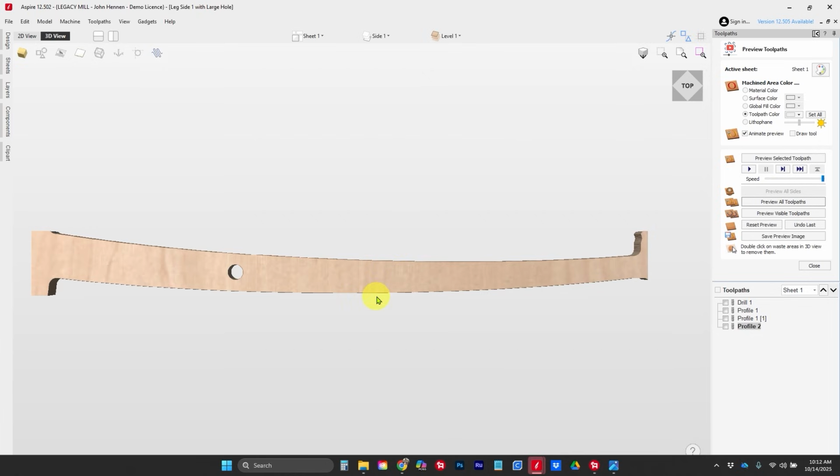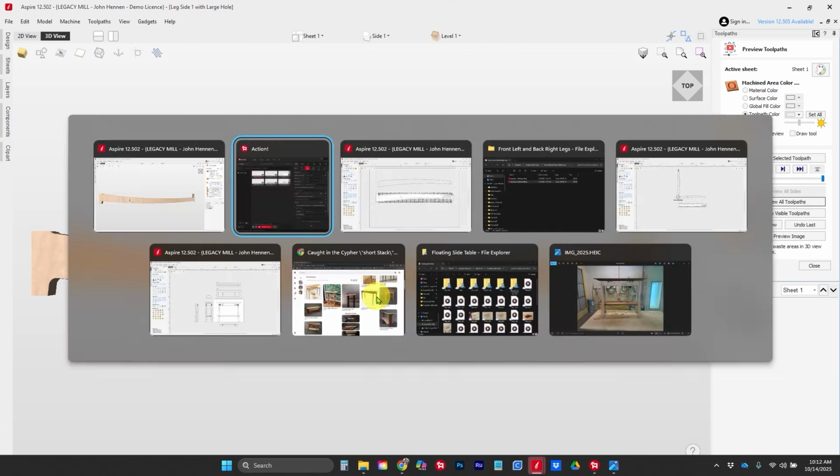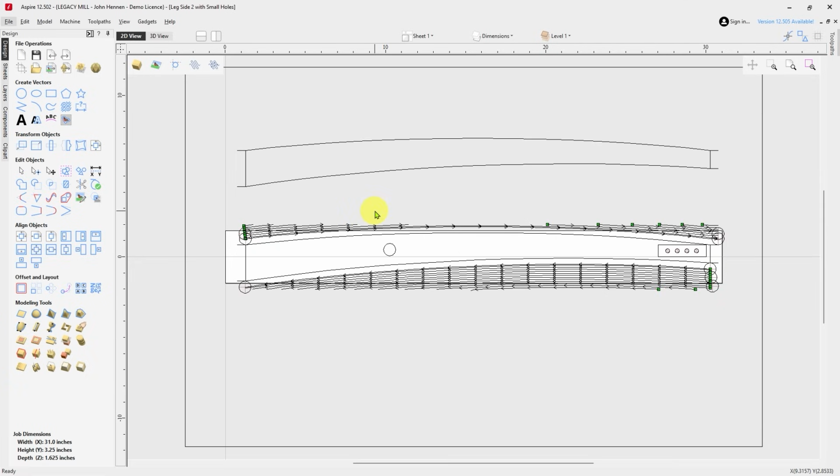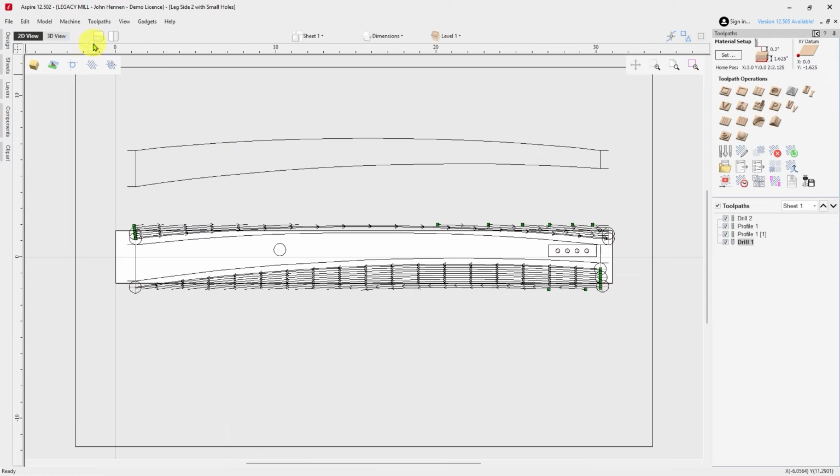Now we're going to rotate our part 90 degrees counterclockwise, and we're going to work on side 2 and side 4. So right here, we're going to see side 2 and side 4 being machined. Same thing, we got to machine with a nice clean machining, which is always going to be